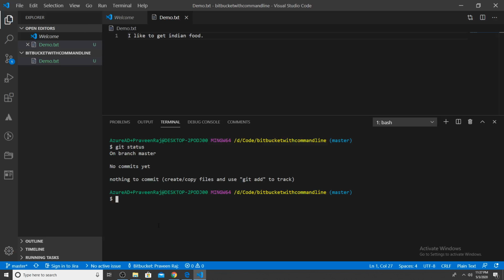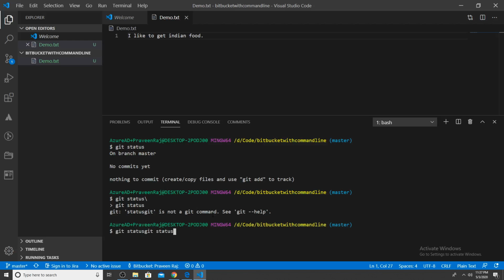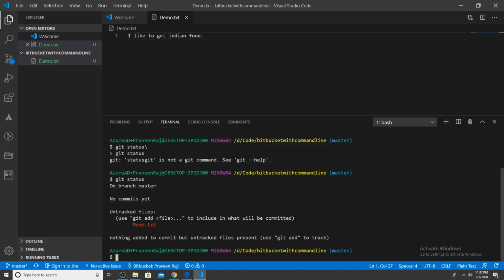So if you go to the command prompt again and say git status, sorry, I mistyped it. It says that there is a file called demo.txt which got created, and it's not tracked, or it's unstaged,